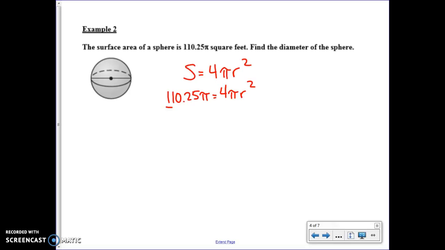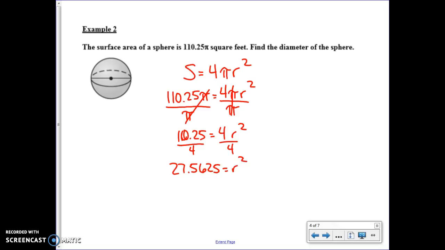Alright, what I notice I can do is divide by pi on both sides. That makes those pi's cancel, so then I get 110.25 is equal to 4r squared. I'm going to divide by 4 on both sides, so 110.25 divided by 4 is 27.5625 is equal to the radius squared. I'm going to take the square root of both sides, and I get the radius is